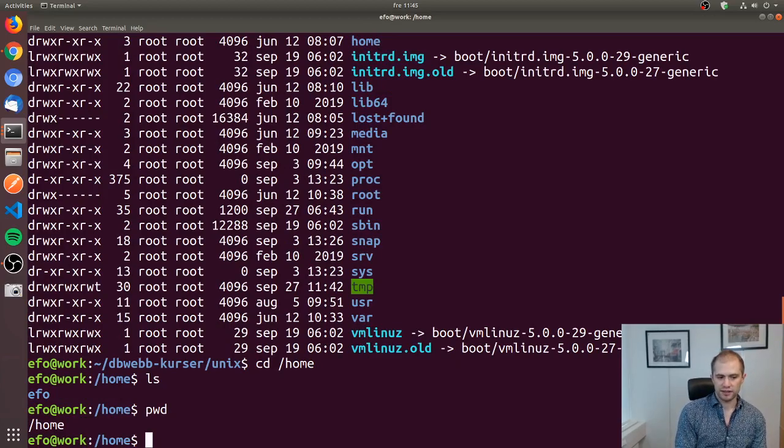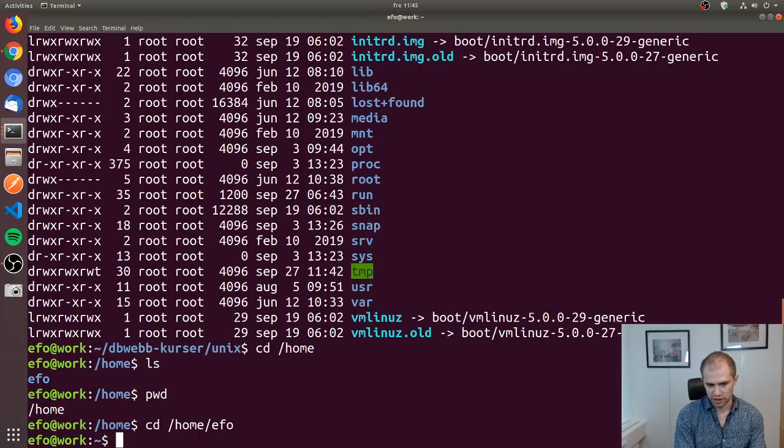And then we find the info catalog. So if I want to go to the info catalog, I can either go cd info, then I will go to the info catalog, or I can go via the absolute path. So cd /home/info. So we can always go to a catalog by the absolute path, but we can only go to a catalog via the relative path if we enter the correct